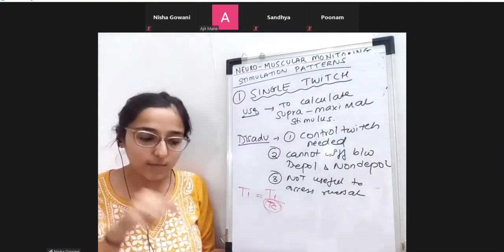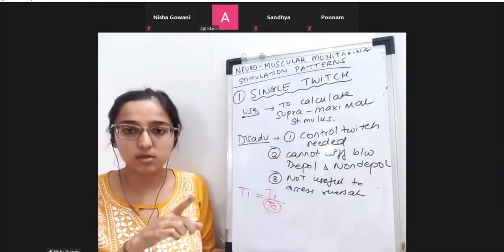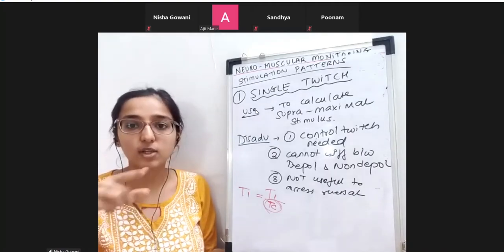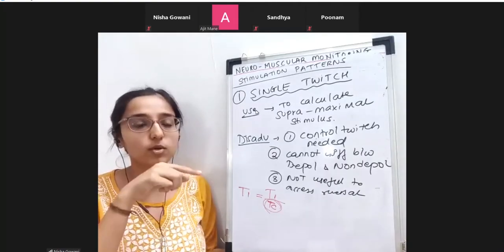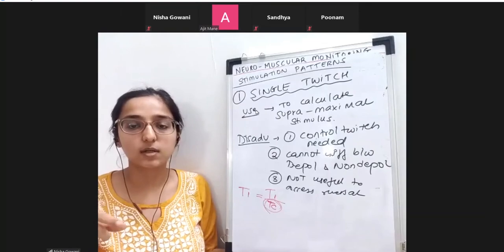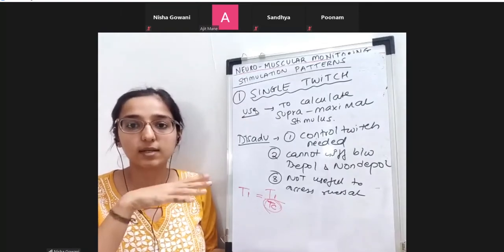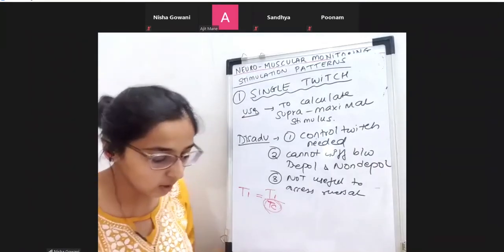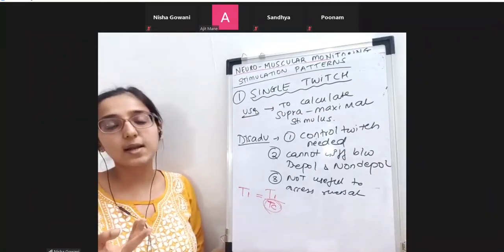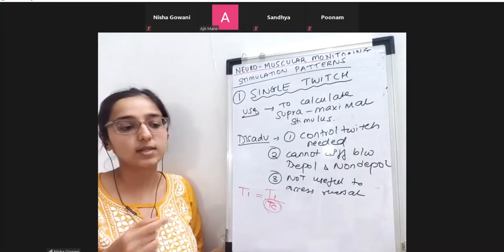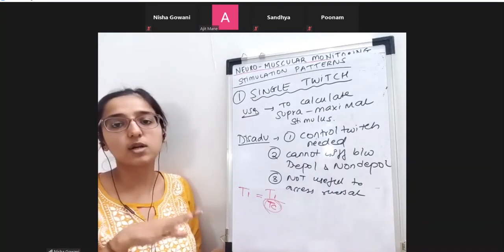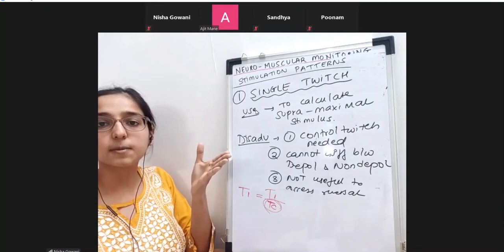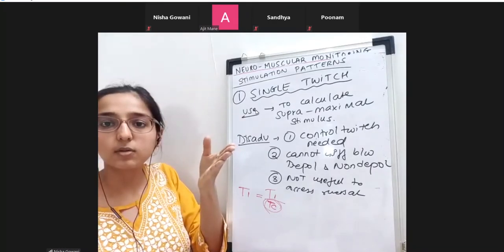So every time you press that button, you will get only one response, right? It's not like you're getting a series of contractions. If a series of contractions come, like in train of 4, you can see a series of responses. You will get 4 responses at a time. In those 4 responses, you can see a fade, which I will explain now. That is why I'm saying that you cannot differentiate between depolarizing and non-depolarizing block, because a single contraction response is coming. So it will be a single response. When I do TOF, how will it be? 1, 2, 3, 4.